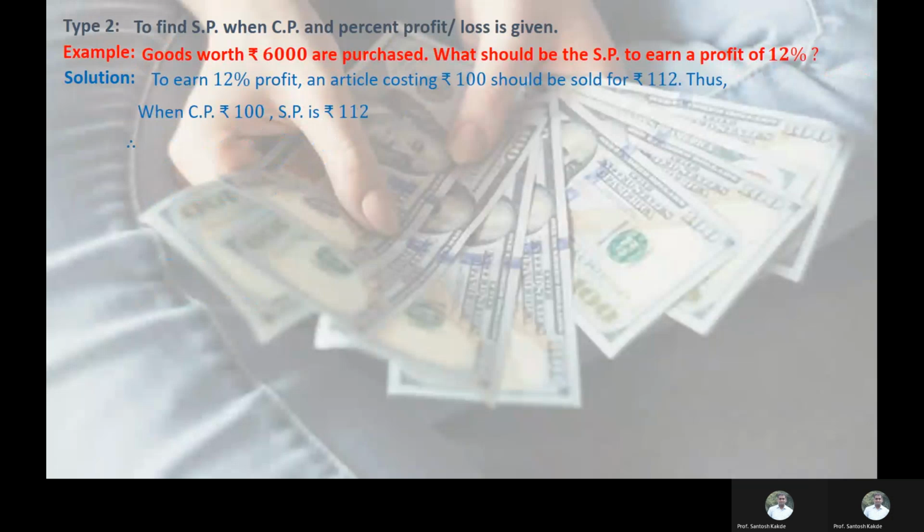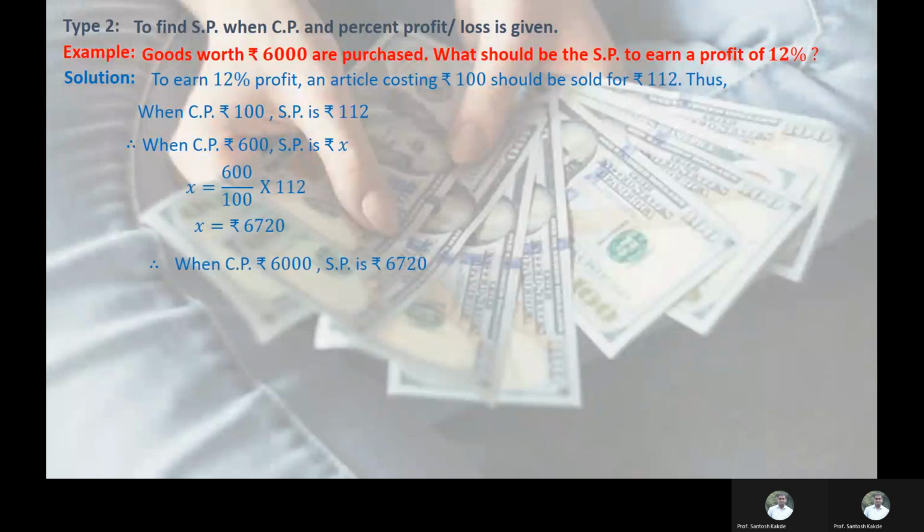In a similar way, if the cost price is 6,000, selling price is, let us consider, X. So we multiply all these quantities and calculate. We get the answer 6,720. So when cost price is 6,000 rupees, its selling price is